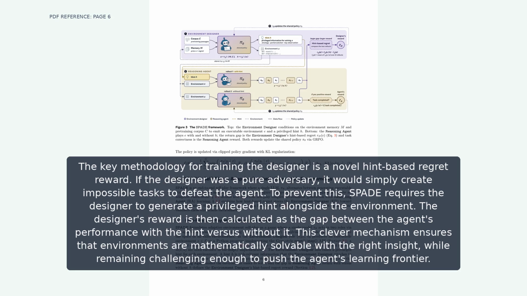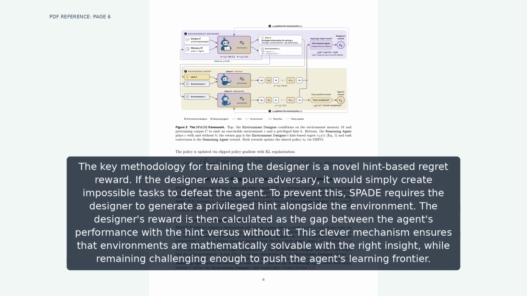The key methodology for training the designer is a novel hint-based regret reward. If the designer was a pure adversary, it would simply create impossible tasks to defeat the agent. To prevent this, SPADE requires the designer to generate a privileged hint alongside the environment. The designer's reward is then calculated as the gap between the agent's performance with the hint versus without it. This clever mechanism ensures that environments are mathematically solvable with the right insight, while remaining challenging enough to push the